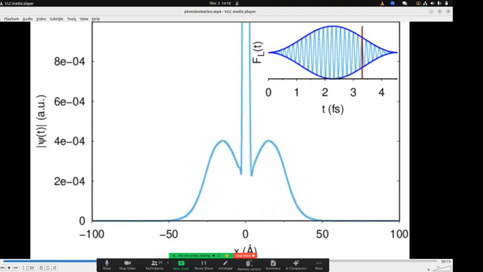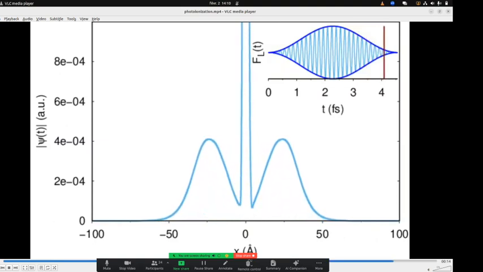And as time goes by, two electronic wave packets are created on both parts of the wave function and leave symmetrically. So in 1D it's just symmetrically, x and y. Of course, in 3D you would have a wave that can be either S, P, D, depending on the ground state that you start from. So this is really well understood with one photon absorption and perturbation theory.